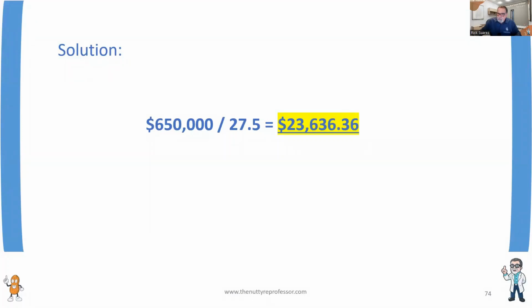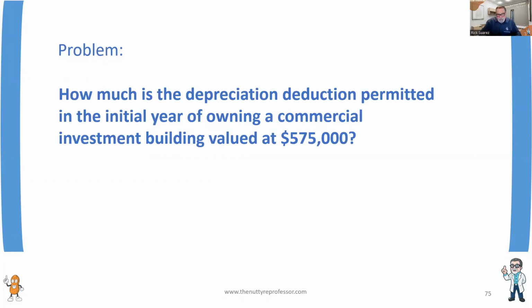All right, so in this next math problem, we're just going to do the opposite, which is, we're going to use commercial. So let's read the math problem. It says here, how much is the depreciation permitted in the initial year of owning a commercial investment building? So this one is 575, and you're going to divide by 39.0. And that answer is going to be